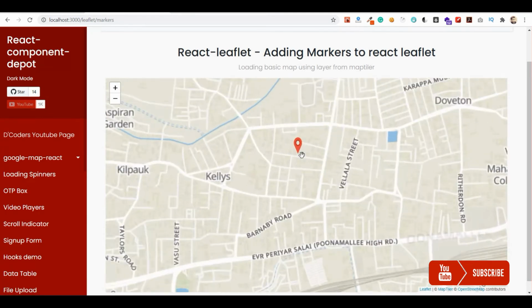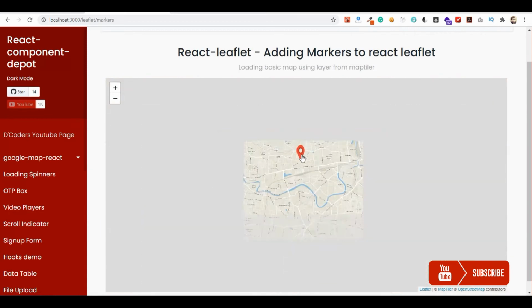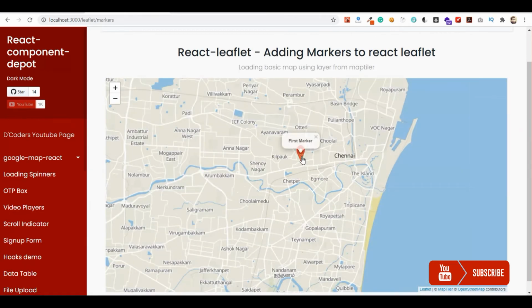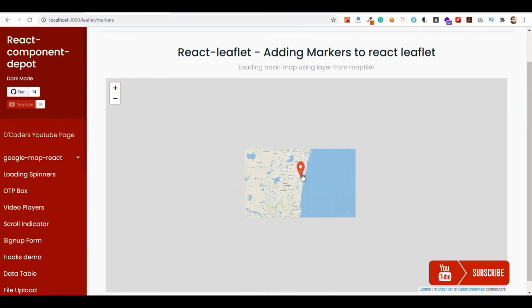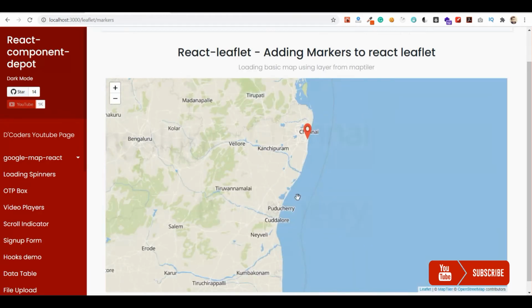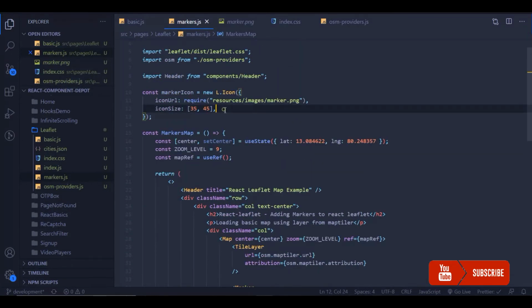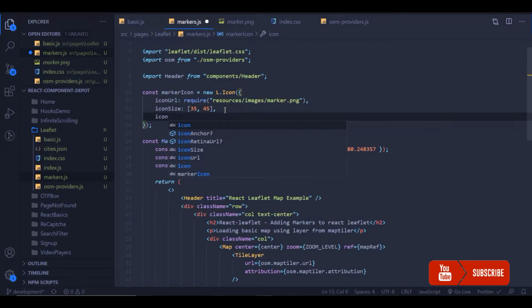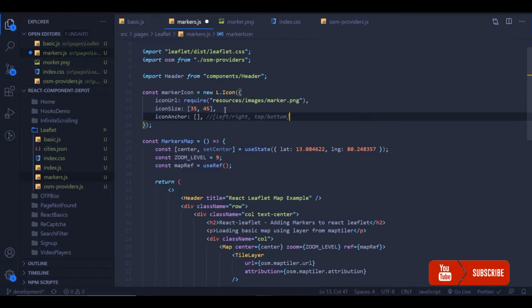So if you see, our marker is being displayed, but if you zoom out it will feel like it is not aligned to the center of the location that we just passed, and also our popover is not aligned to the marker's head. For this you can adjust the position using icon anchor. This will move your icon top and bottom and left and right. So the first is to move the marker left and right, the second element being top and bottom. So I'm going to align it wherever I want based on my icon size.